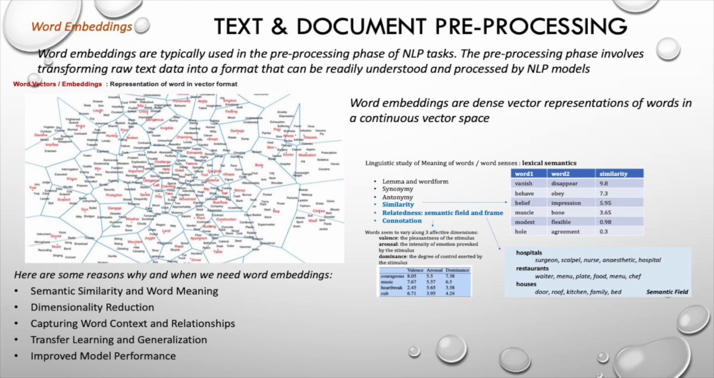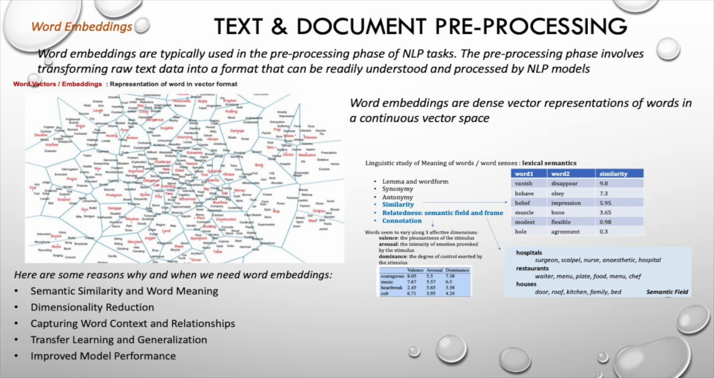Semantic similarity and word meaning. Word embeddings capture semantic relationships between words. Words with similar meanings or that are used in similar contexts tend to have similar vector representations in the embedding space. This property enables us to measure semantic similarity between words by computing distances or similarities between their embeddings. For example, the cosine similarity between word embeddings can be used to determine how related or similar two words are